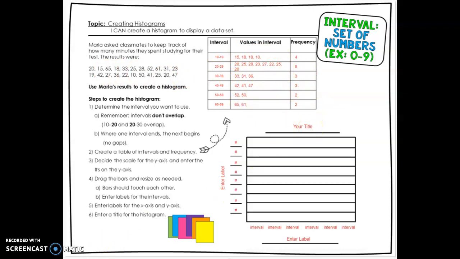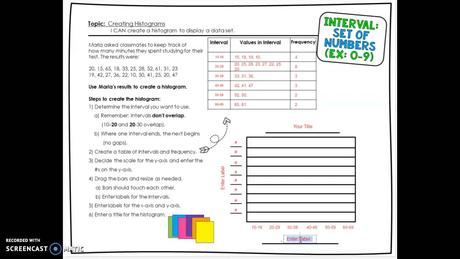Now I need to start getting this information down here as a histogram. So the smallest interval is 10 to 19, and then 20 to 29, 30 to 39, 40 to 49, 50 to 59, 60 to 69. And then I need to, so this down here, what this is, so these are intervals, and